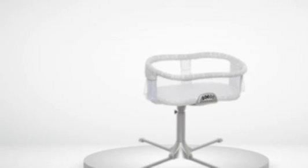The bassinet has the light and vibration unit in the center of the bed. So, if you put